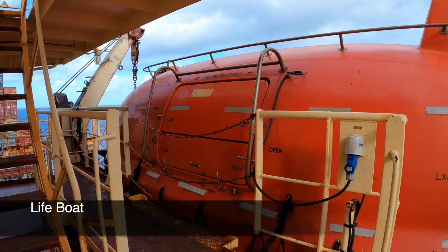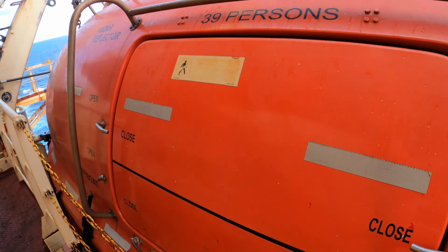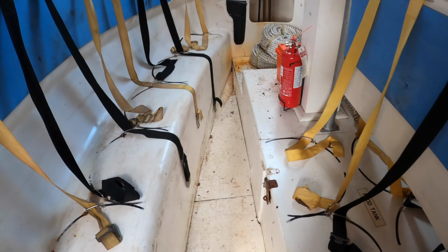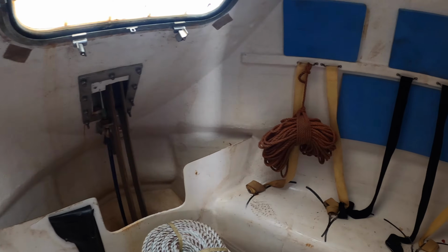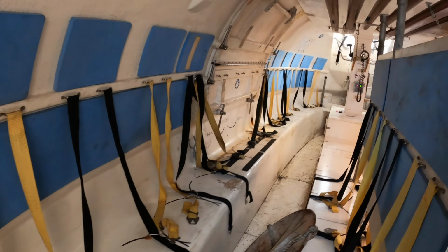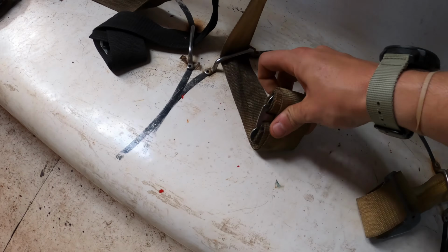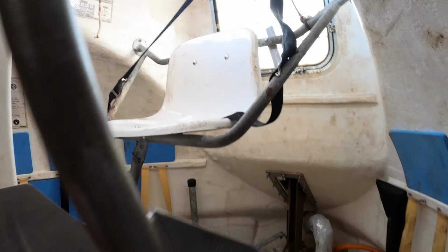Each side of the ship has a lifeboat. Each lifeboat is rated for 39 people. All right, let's take a look inside a lifeboat. So every crew member would take a seat and use these shoulder harnesses and seat belts to secure themselves to the boat. The boat captain would sit up here in this chair here,